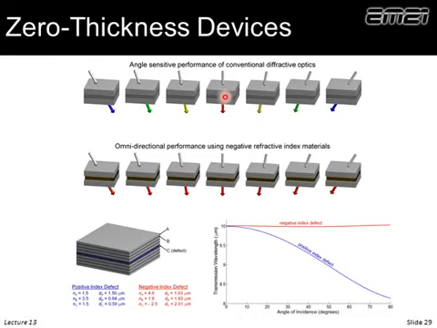So modeling this and plotting the frequency as the angle of incidence changes, for the standard filter, where those intermediate layers are standard positive index material, we see the transmission wavelength actually shifting quite significantly. When we inject a negative refractive index material so that the device has overall zero thickness, we see very, very little fluctuation in the position of that pass band. That's very interesting. We have now rendered a device independent of angle of incidence using something with negative refractive index.